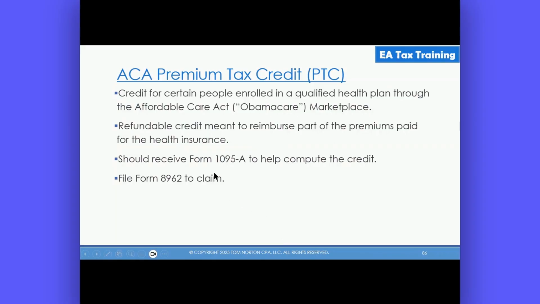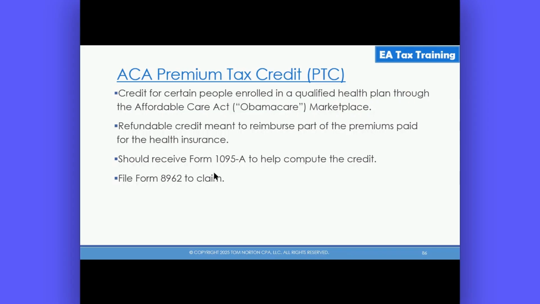Moving on to the premium tax credit. We referred to this earlier when we were talking about other taxes. So this is a credit for certain people who are enrolled in a qualified health plan through the ACA, the Affordable Care Act, sometimes known as Obamacare. So you get your health insurance through this marketplace. It is a refundable credit, and the purpose of it is to help you pay for those premiums for your health insurance. The taxpayer should receive a Form 1095-A to help compute the credit, and you compute it on the Form